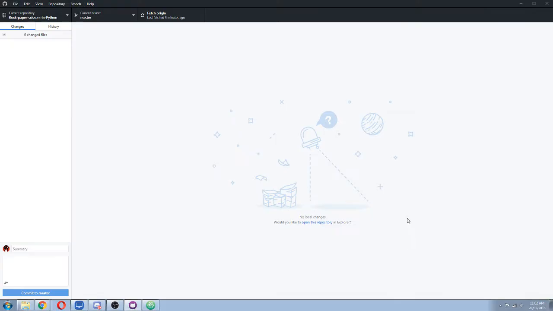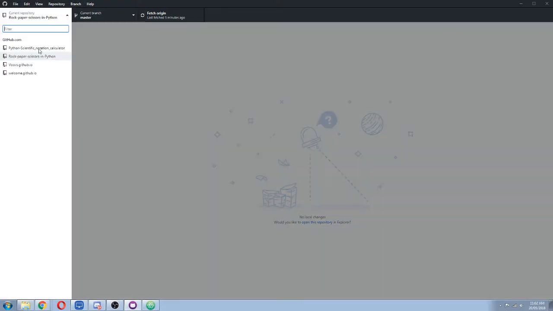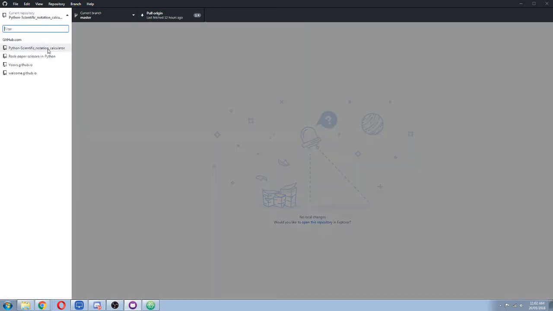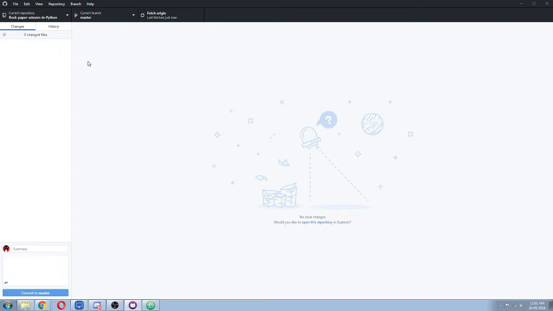Okay, so what it'll do is it'll open it over here. As you see, we already have it open, but if you have multiple repositories, they will be up there. If you want to switch to, like, this, oh, we've actually got a pull origin for this one, for example, or rock, paper, scissors. Okay, so since we're dealing with this one right now, what just happened though when you